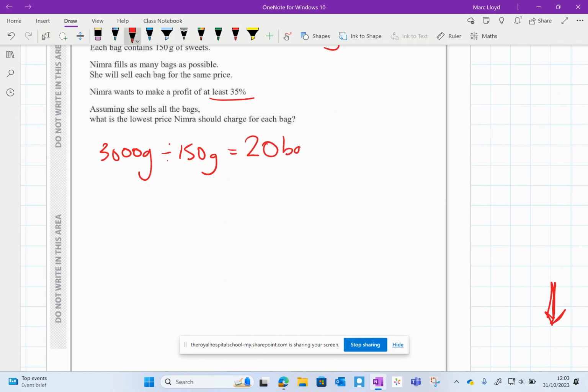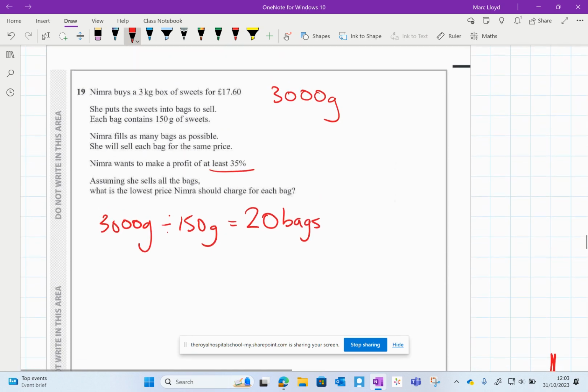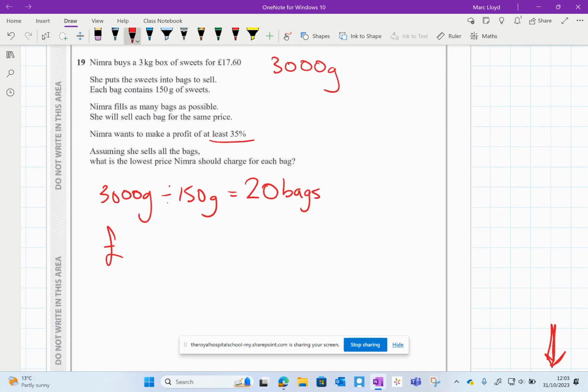So 20 bags. Now she's bought that 3 kilogram box for £17.60 and she wants to make 35% profit. So if I times that by 1.35, that's going to tell me what 135% of it is. That means that she'll get back the money plus 35%. So £17.60 times 1.35 gives me